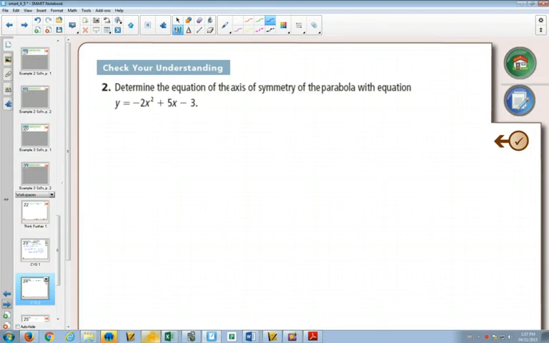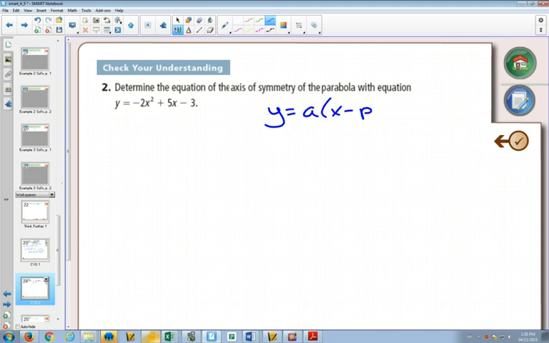So, once again, we have the general form. And if we had the standard form, okay, guys? So once again, we have the general form, and if we can get it into standard form, then we're going